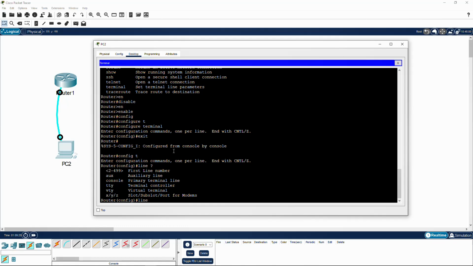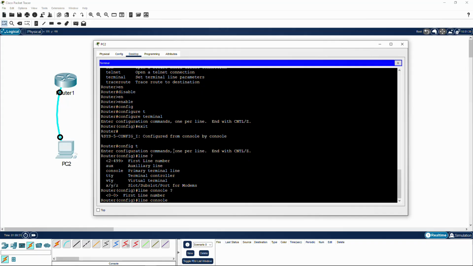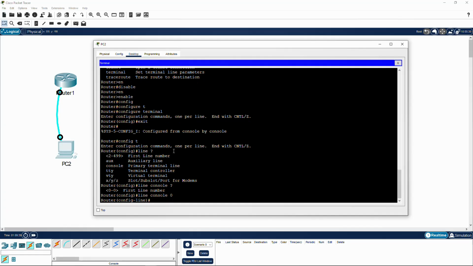So how do you know if you're in a line mode? It's very simple. I'm going to use console for now. So I type console, all right? And if I hit the question mark, I could only use one port. So when you see 0 to 0, that means I could only use one. So I'll put 0 and I hit enter. Now, if you see, the line now changed to what? Config dash line. So if you see now you have line dash line. Here you have config. See? Config,